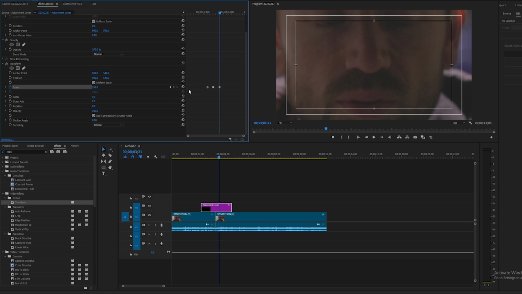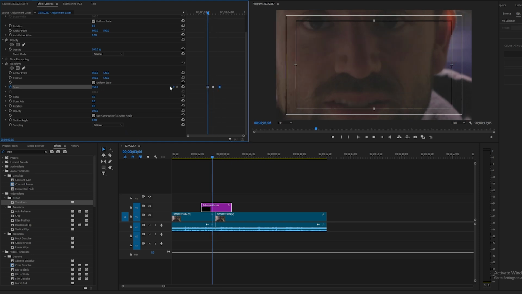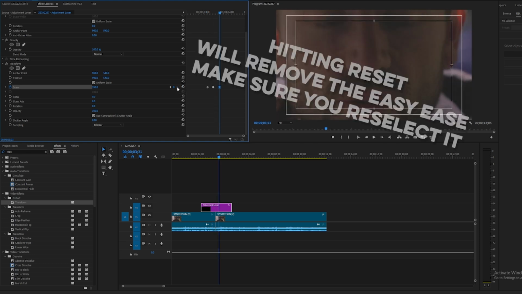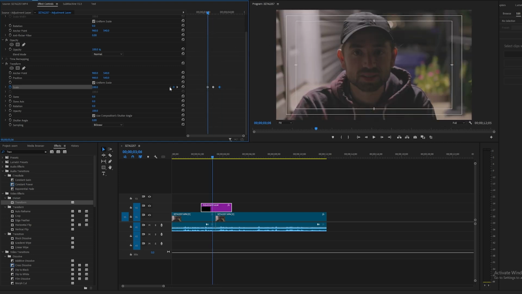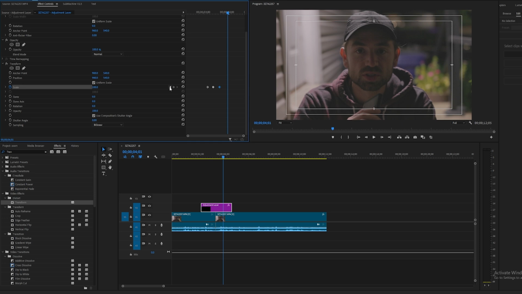So they're equal. And then we're going to make sure this one is ease in and this one is ease out. Now we're going to go to your first one, hit the reset button, go to your last one, and hit the reset button. Now you should have a little zoom in effect like this, but it doesn't look great because there's no motion